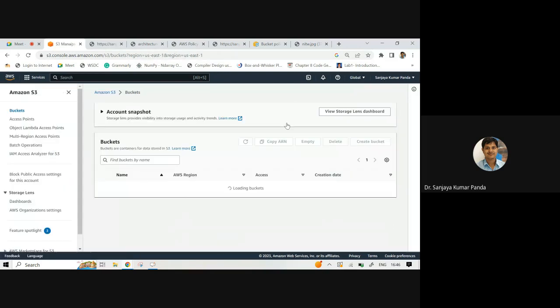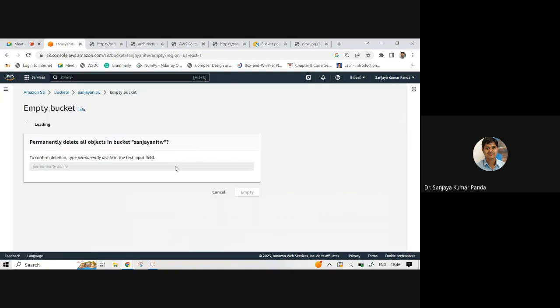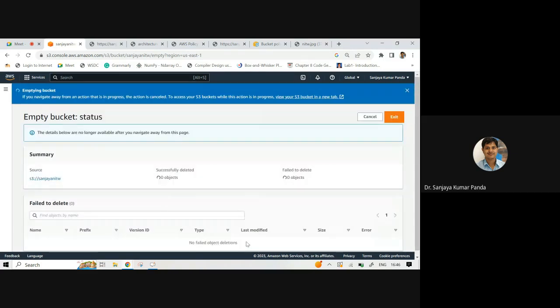Go to the buckets. First, you have to make the bucket empty. Empty means all the objects are going to be deleted. Okay, now all the objects are deleted. Total 8 objects were there earlier.